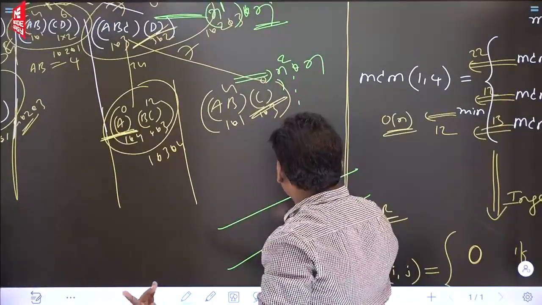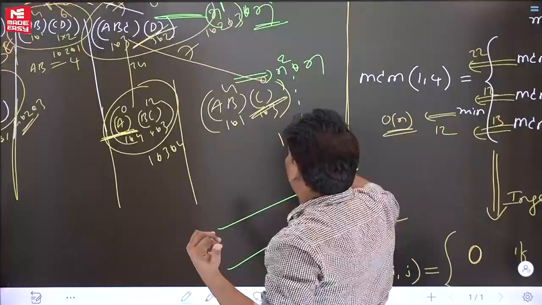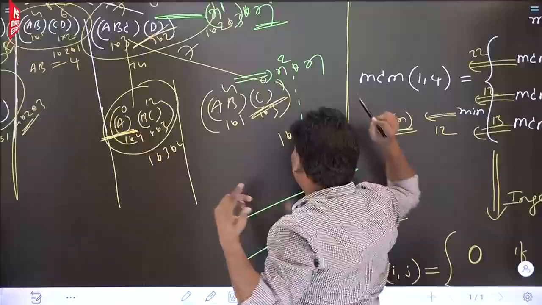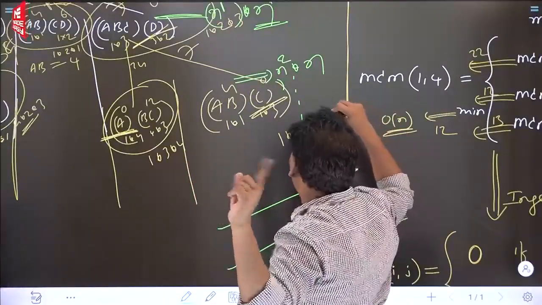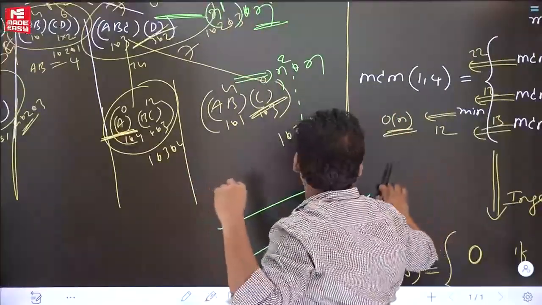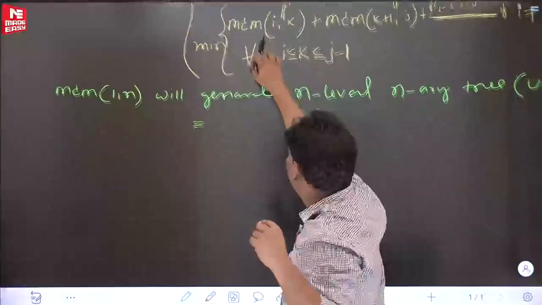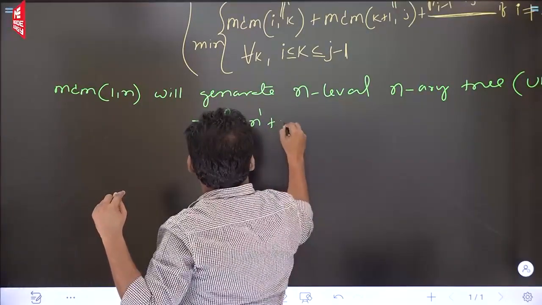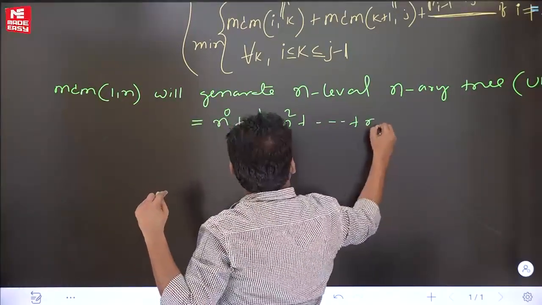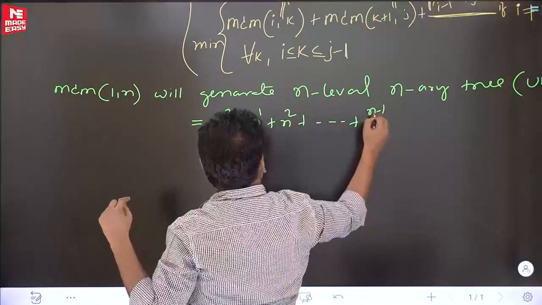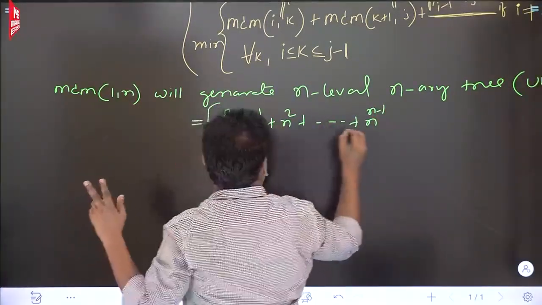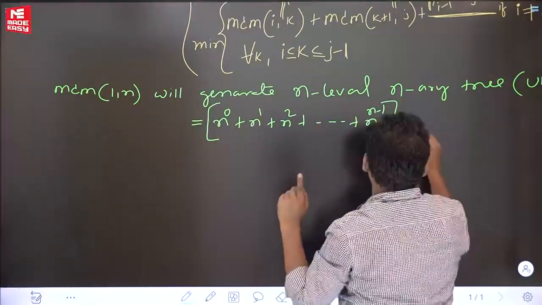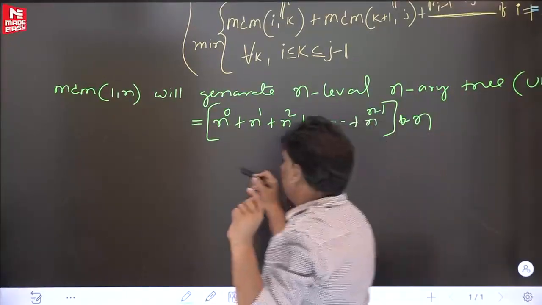So if you see only the first term, what is it? Number of function calls. If you add all the levels, the total function calls will come. Right? Every function cost how much? N. Previously constant time for one function cost. Now here n time, because out of n people we are finding the minimum. Now let me do this same thing here. Can you help me: what are the first level function calls? N power 0. Next level n power 1. Next level n square and so on. N power n minus 1, because 0 to n minus 1. What is the meaning? N level tree. These are the first level, second level, third level function calls and so on, the last level function calls. Every function cost is n.